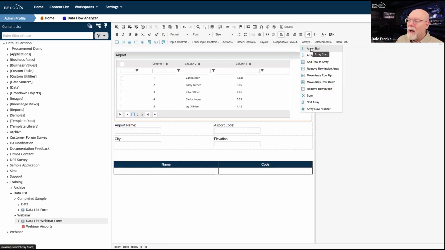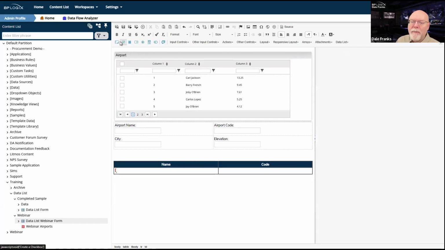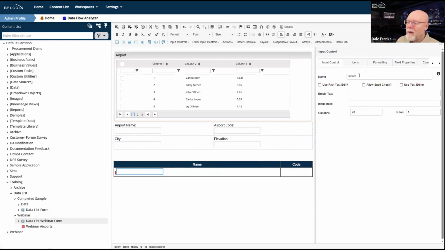So I will call my array start control array airports. And then I will throw in AP name.